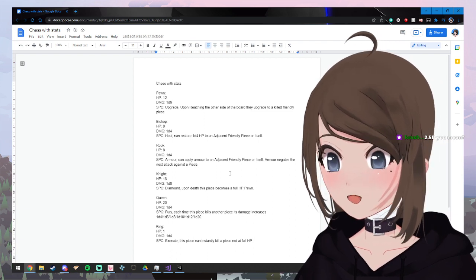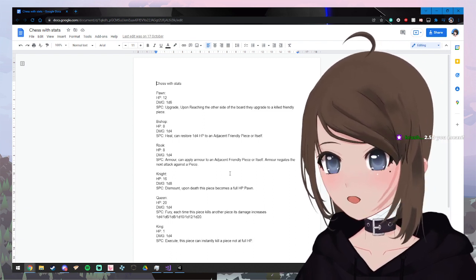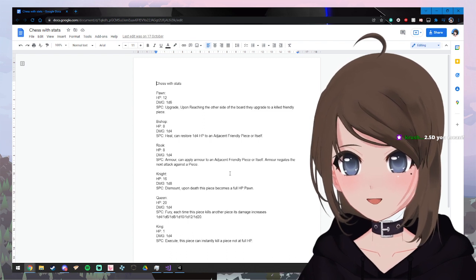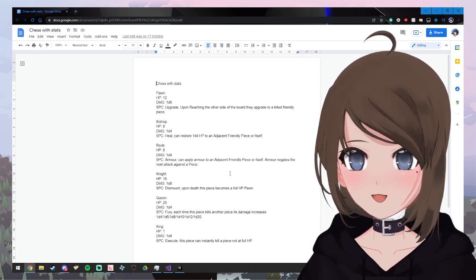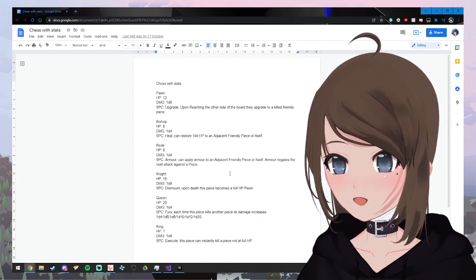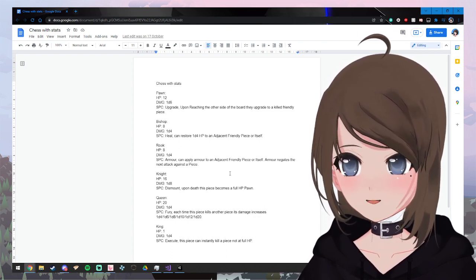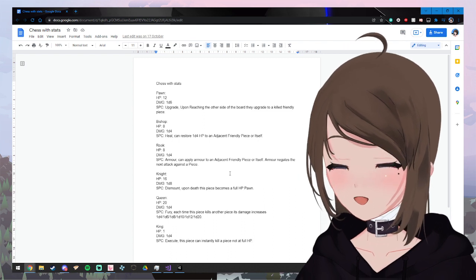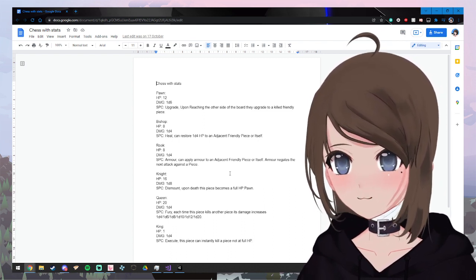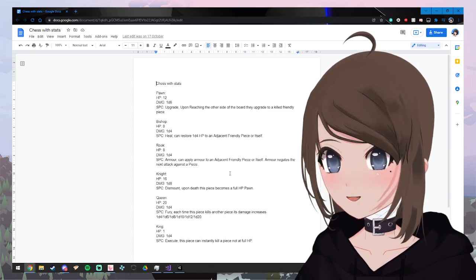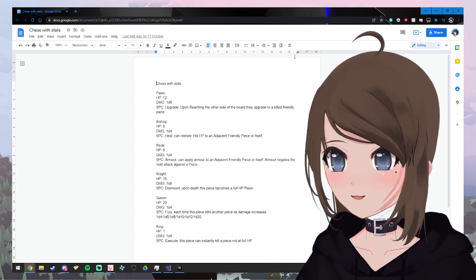Everyone knows how chess works. It would be good practice for modeling, because I can model chess pieces. And I think this is a really cool way to play chess. So basically, the rule set would be you can move, but you can't take a piece. You have to stand next to it and perform an attack. Attacks always hit because I don't want to bother with accuracy and stuff. But everything has health. It has different abilities. I made a thing once, and I'm kind of proud of it, and no one cares.